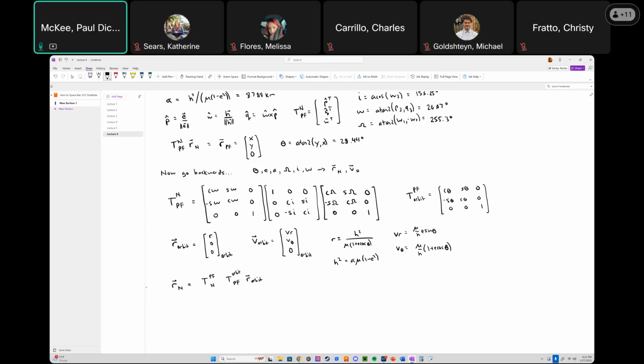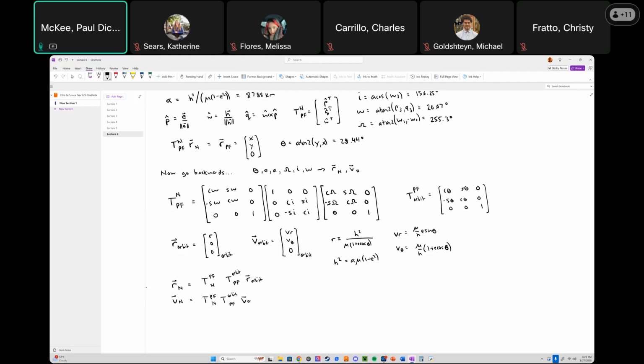We have the transposes of them, but that's fair enough. You would take T perifocal to orbit, transpose it, and then T Newtonian to perifocal, transpose it, right? And then similarly, velocity in the Newtonian frame is T perifocal to Newtonian, T orbit to perifocal, velocity in